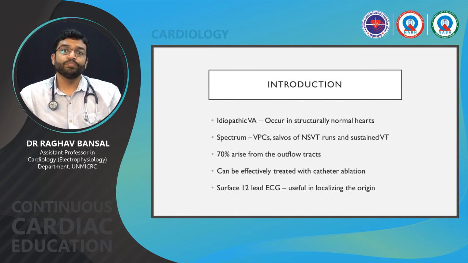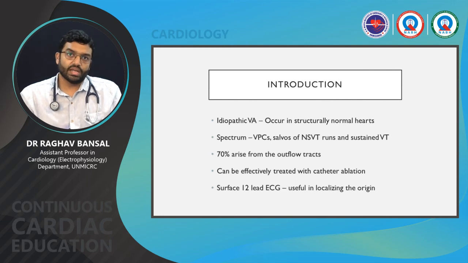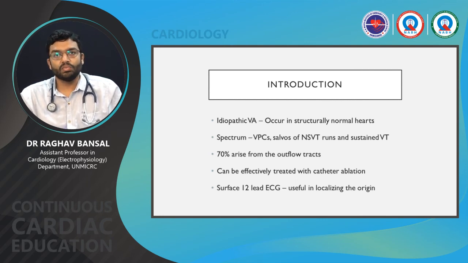The other importance is that after localizing, the mechanism of the arrhythmia may be different from location to location, and some drug may be more effective in some particular type of ventricular arrhythmia, and some other drug might be effective in another type. For example, beta blockers will be more effective in papillary muscle VT, and calcium channel blockers would be more effective in a fascicular VT. So these localization tactics help us in clinical management as well as catheter ablation.